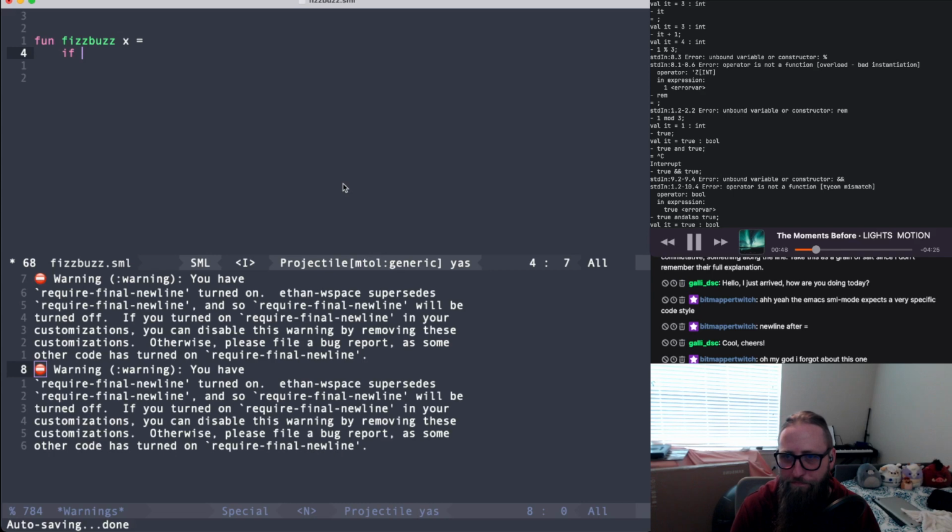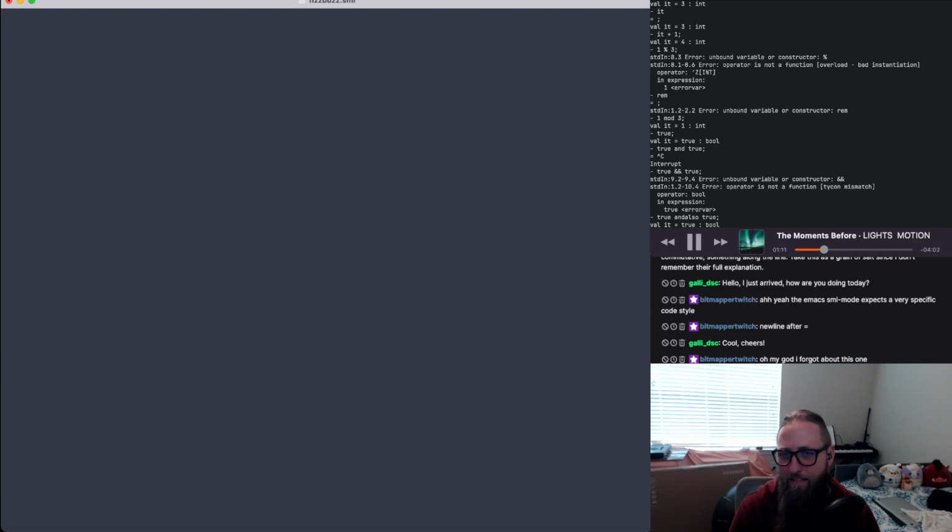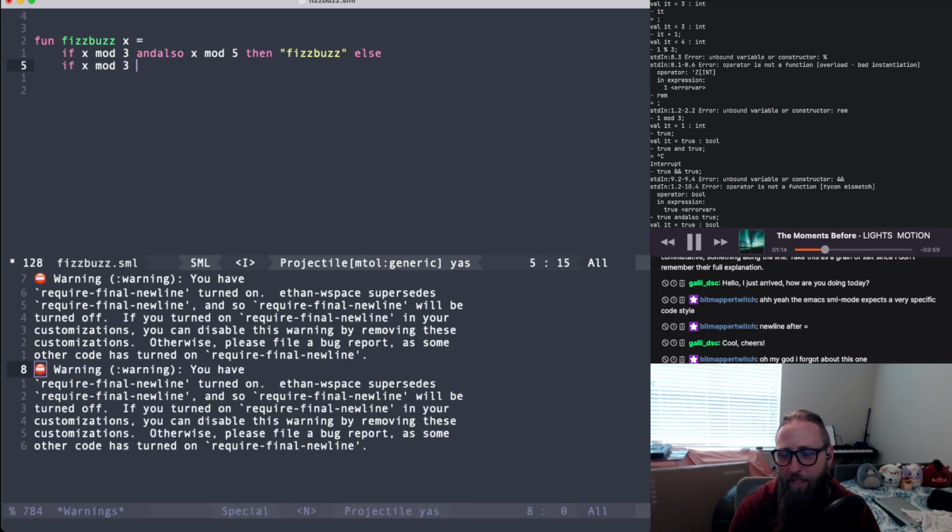Okay, here we go. If now, since we have a then, we don't have to worry about how long our expression goes, right? So we should be able to say if x mod 3 and also x mod 5, then fizzbuzz else if x mod 3, then fizz. Oh, what? I forgot the else. Else if x mod 5, then buzz. Else